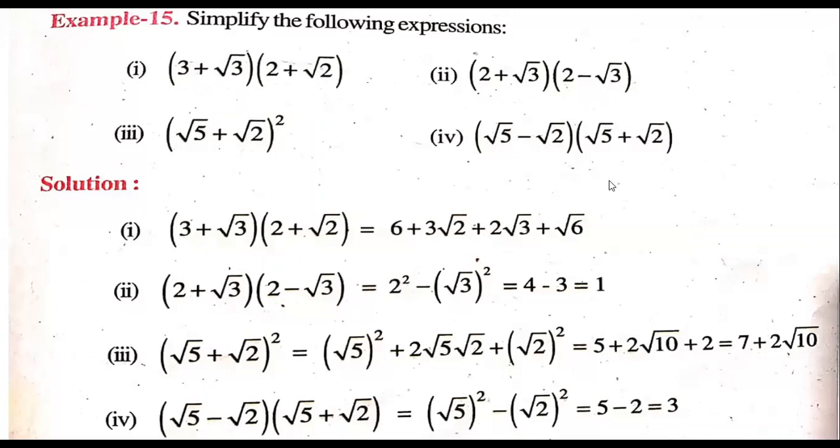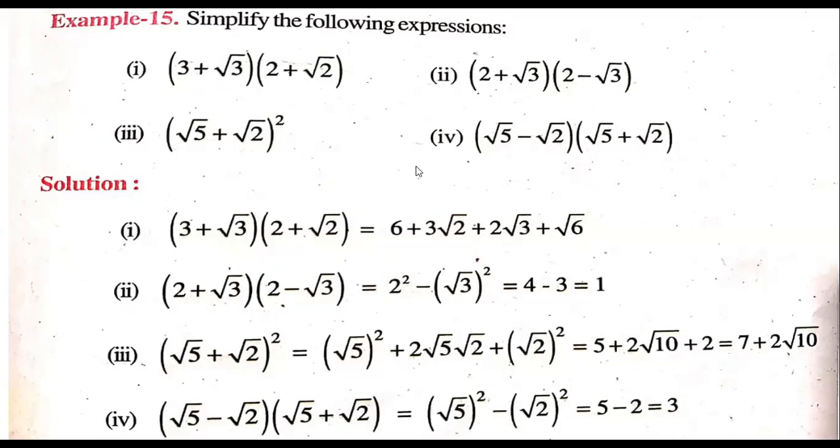So in the third one, we have to apply the formula of a square plus b square plus 2ab, that means a plus b whole square. Okay. Yes, sir. Last one, which formula did you have to apply? A plus b into a minus b. Very good. Who is that? A minus b square. Yes. Very good. This is a minus b, a plus b. Here also the same formula for both.